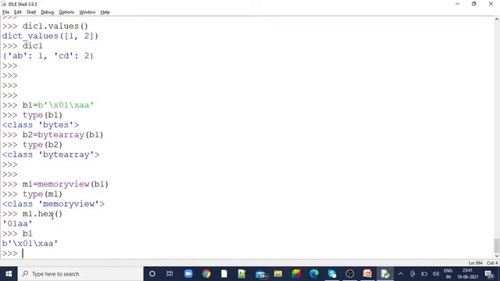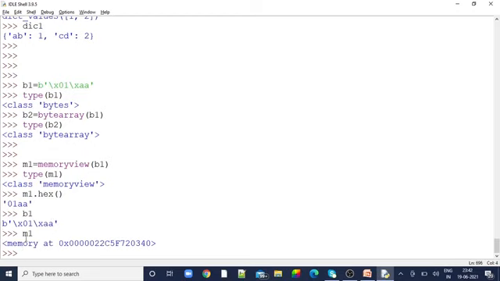Now m1 is the memory view. This exact value is being stored at this location. In this location, that 01aa is present for b1, so from there it's getting printed. In order to avoid the extra copy, this memoryview is used for time efficiency. When we don't want a copy and want to work on our bytes much faster, during that time we go ahead with this memoryview.